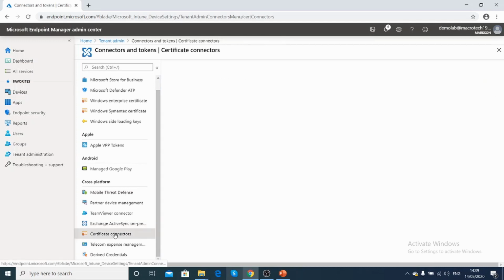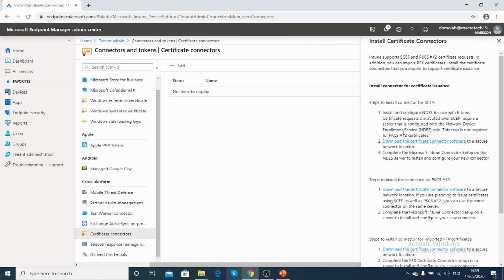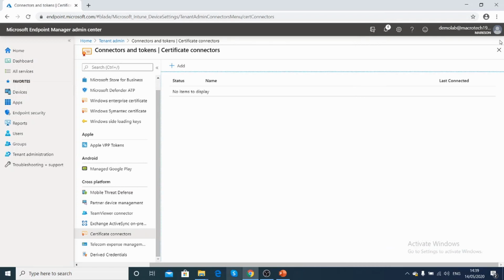And the certificate connector, same thing. You can have a certificate over here. If you go to the add option, all third-party certificates and local certificates can be integrated. From here, you will have an option of creating multiple certificates, for example a Symantec certificate or a Windows Enterprise certificate. So you can do a centralized integration, and from there you can process the certificate requirement.